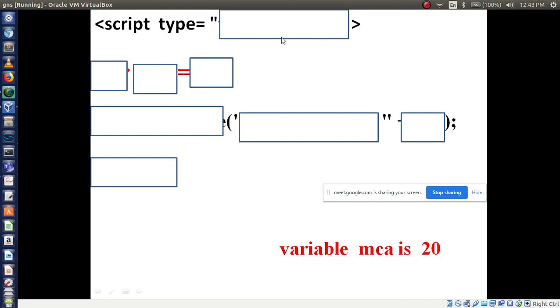Inside double quotes, text/javascript. Then at the end we close the script tag, right?